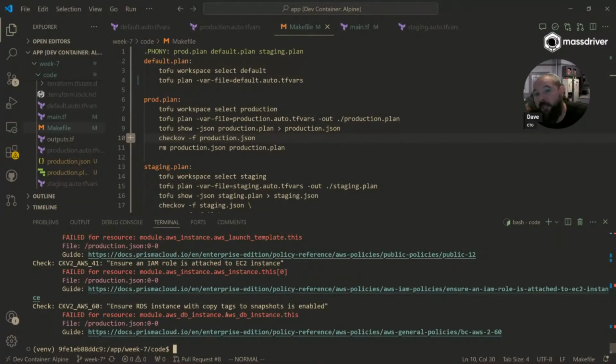Now, in staging, is it as big a deal? I think some of these might be. You could make arguments, but we're probably not snapshotting our instance in staging, right? Definitely not in dev, where it really is truly ephemeral. So let's talk about how we can modify a plan so that we can actually just skip some of these checks, so we don't keep getting it failing, and we're like, this is good enough for our purposes. So to do that, we're going to do the same thing